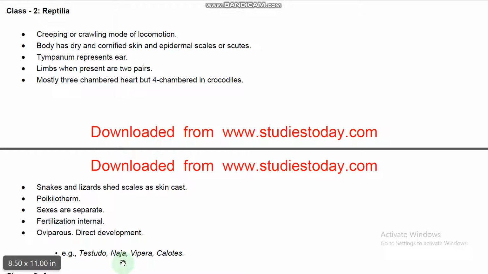Examples: Testudo, Naja, Vipera, and Calotes. Testudo is tortoise, Naja is king cobra, Vipera is pit viper, and Calotes is garden lizard, and chameleon. So there is a flying lizard also, right? So there are important points in reptilia: creeping or crawling mode, and body has dry and